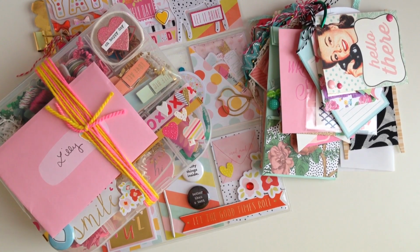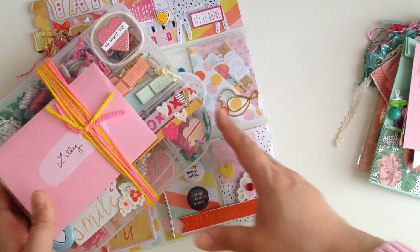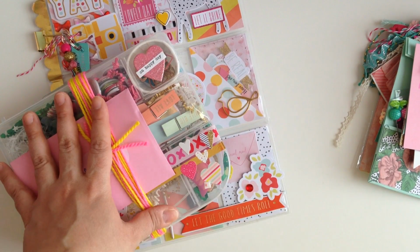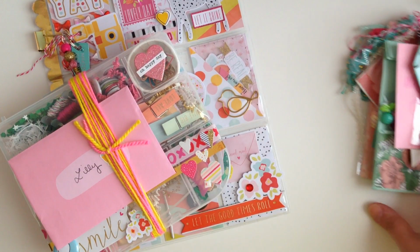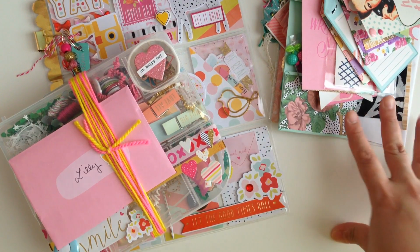On today's video, I'm going to be sharing with you guys some incoming mail. And I have two packages. I have a tag flip and I have an embellishment box and a pocket letter. This is all together in one package. Excuse me. And this is another package. So I'm going to sit down for this one and share with you guys what I got. So I know that I stay in frame. Let's sit down and go through